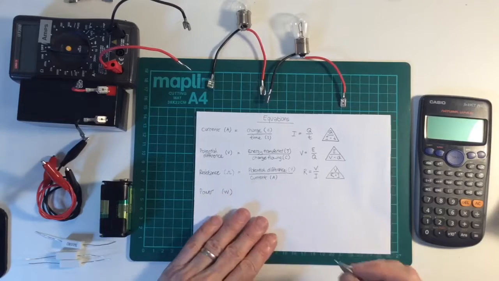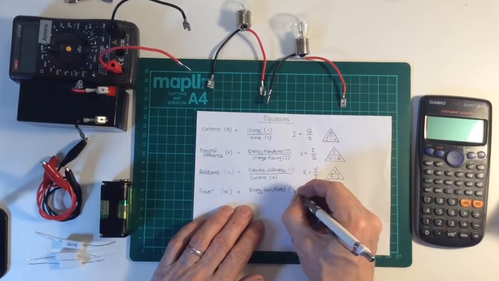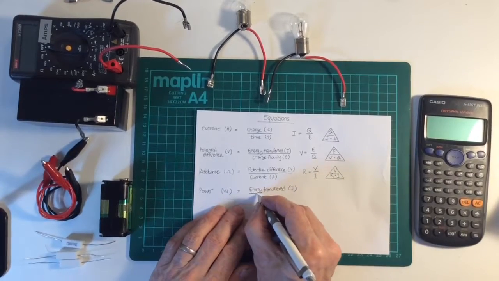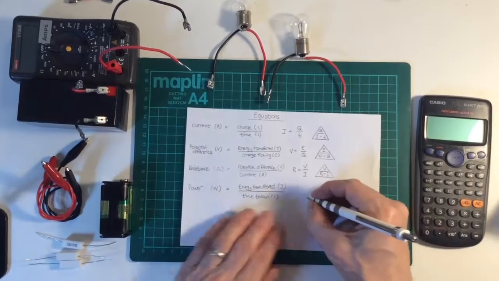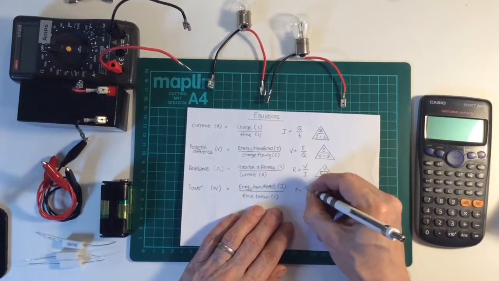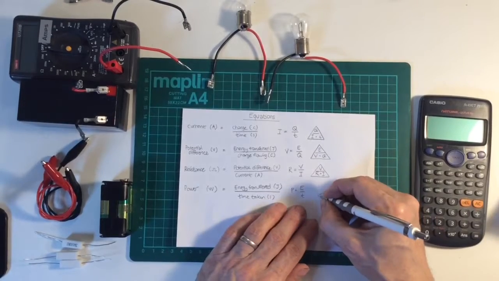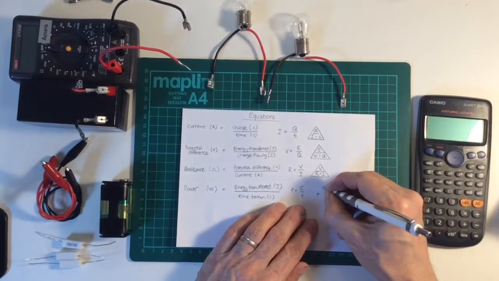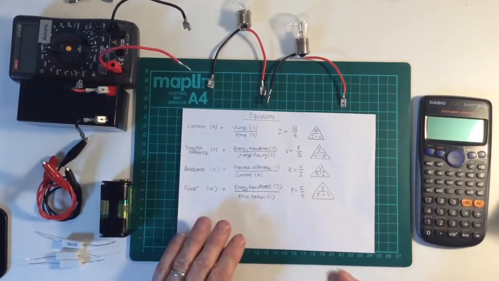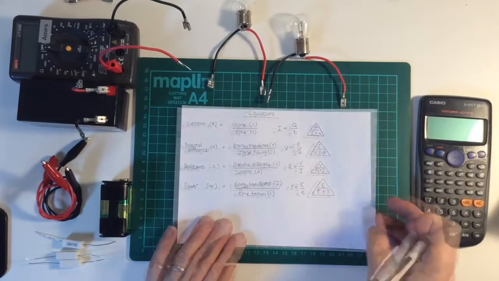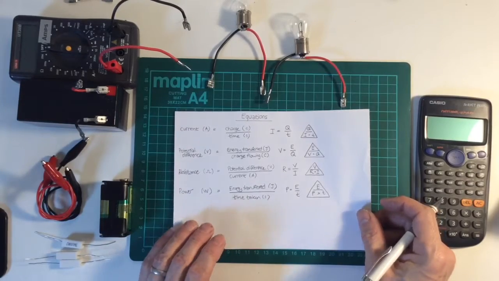1 joule of energy being transferred per second is energy transferred in joules divided by the time in seconds. So power is energy per unit of time, and I can put that as an equation, or a triangle rather, P E T. Okay, so that's our general equation for power. Now, before I get on to defining it in terms of electrical power, let's have a look at a couple